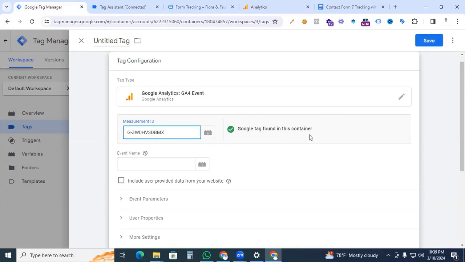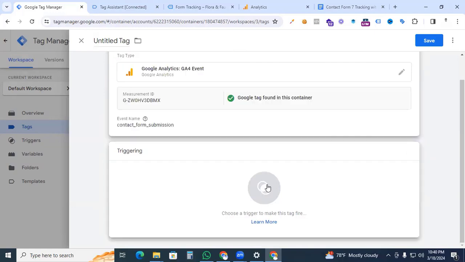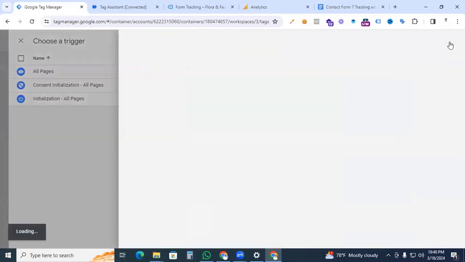It says Google tag found in the container. So here we put our event name. You can put any custom event name, depending on you. In my case, I just put contact form submission, and in the triggering section, click the trigger, new trigger, and